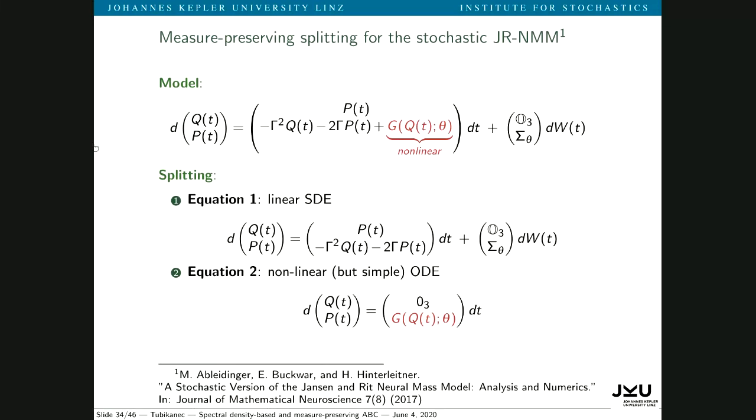So linear SDEs could be solved explicitly, but nonlinear ones are not solvable. So the idea is actually very simple. The idea is just to split apart the nonlinear term such that you end up with two equations. One is a linear SDE, and the other one is a nonlinear but very simple ODE. And both can now be solved explicitly